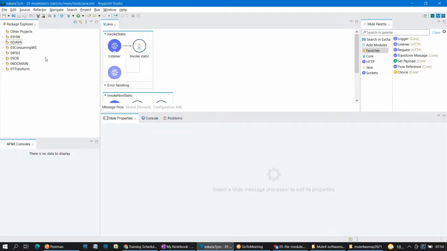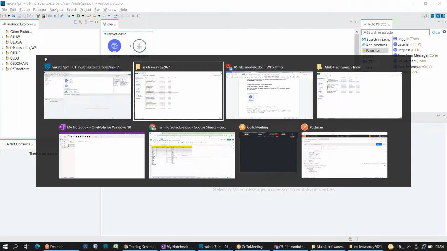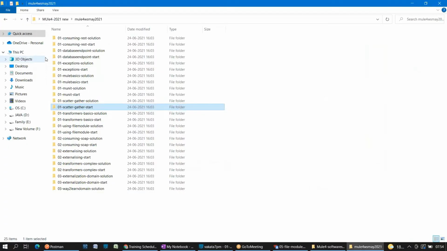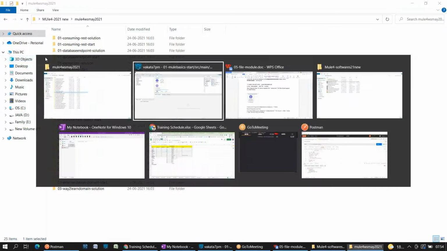Only you need to concentrate on the particular router on the particular day, which is saving a lot of time for you. This is how I will cut down the wasted time in my training, and for your practice also. Got it? So this is how you will be getting a fully hands-on experience in my training program, and especially on the tool. Any questions here on this practice link?